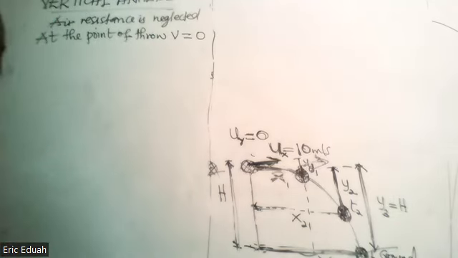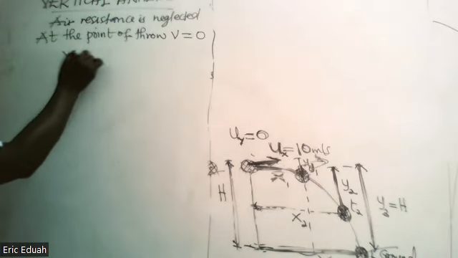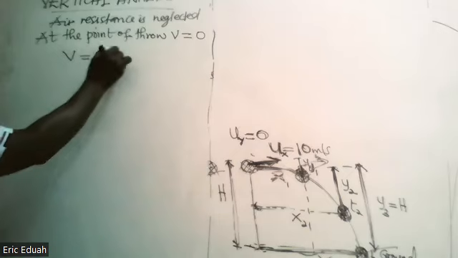So if we want to determine the velocity after a time t1, using equation 1, v is equal to u plus